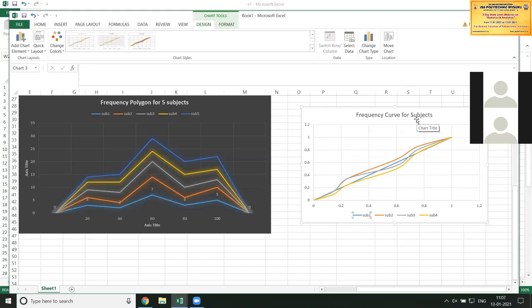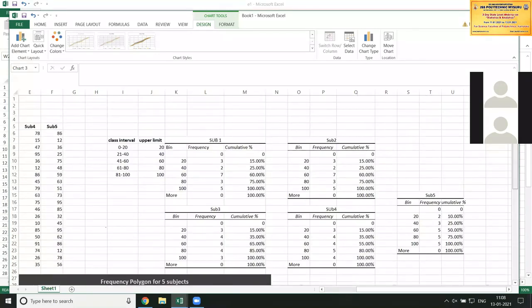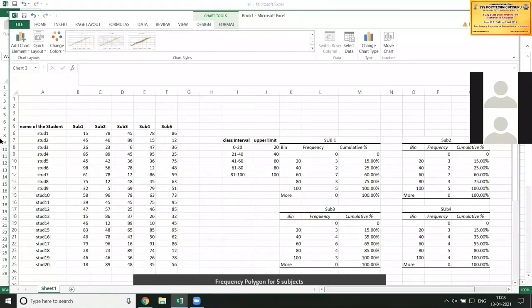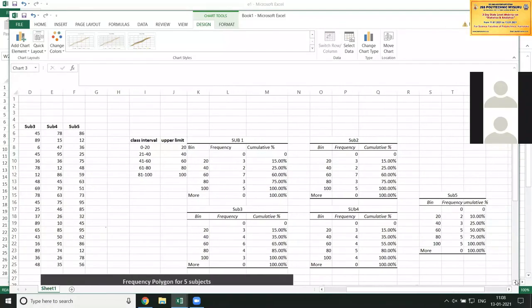So this is the exercise or a program of 10, which has been asked you to draw the frequency polygon and frequency curve. Now I have drawn it for 20 students. The same thing can be updated for 50 students. So only thing is while creating the data set, that is this table, you enter 50 data instead of 20 data. And same functionalities what we have shown here to create it, the same functionality you can use it, and you can draw frequency polygon and frequency curve.